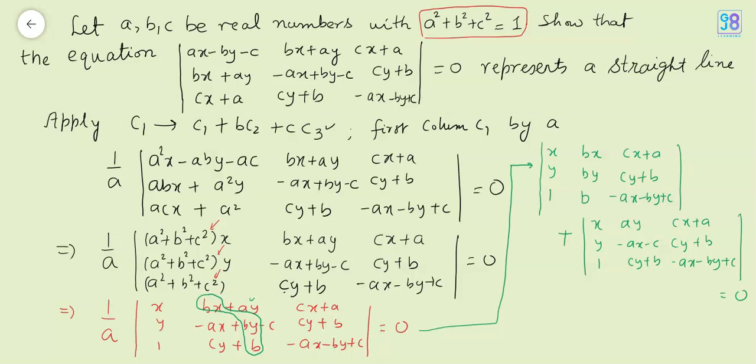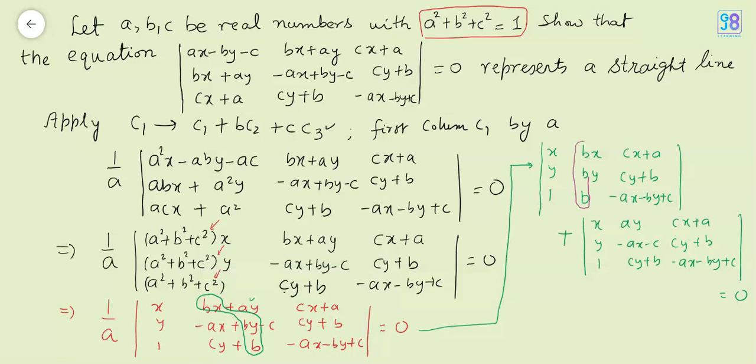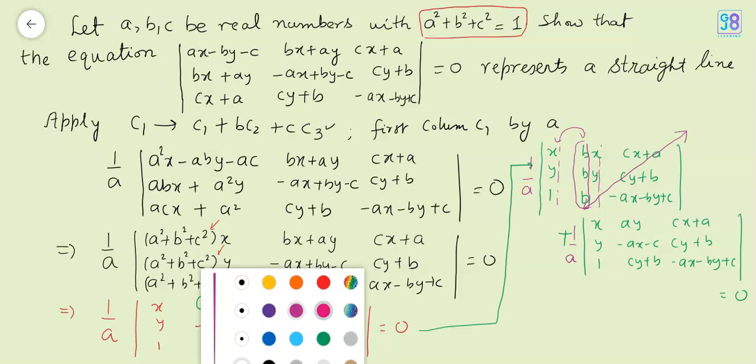So if you focus on the first determinant, you will find that if we take out this term b common from here, and I should put this 1 by a over here, both the places. So if I pull out this b common, then this column will have x, y and 1, and this column will also have x, y and 1. So we know that in a determinant, if two of its columns are same, then its value becomes zero. So we'll do that and we'll get rid of this determinant. Then again we'll shift our attention to the second determinant.